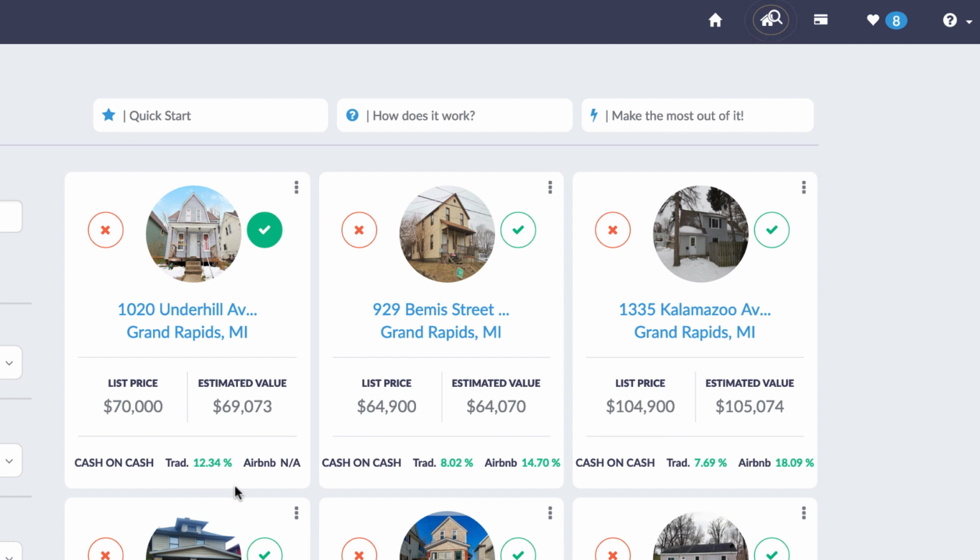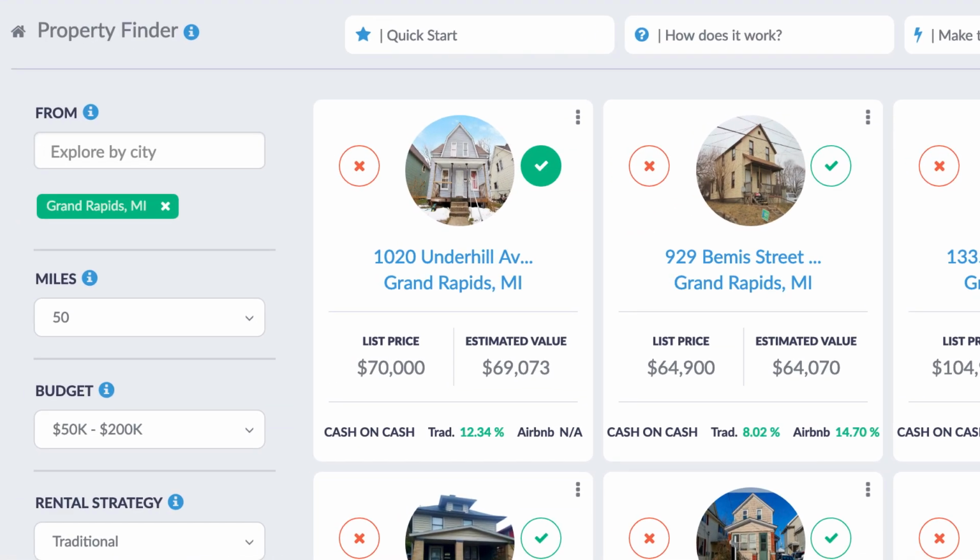These numbers it's showing you are all based on publicly available data, but there's a lot of assumptions that it's making when it does that, and you can go ahead and change those numbers up if the specifics of your deal change, like for example, your offer price and your purchase price. So let's say for whatever reason we find a property here that looks good and we want to take a closer look at it. So I'm going to go over here to the one that I checked and just go ahead and click it.